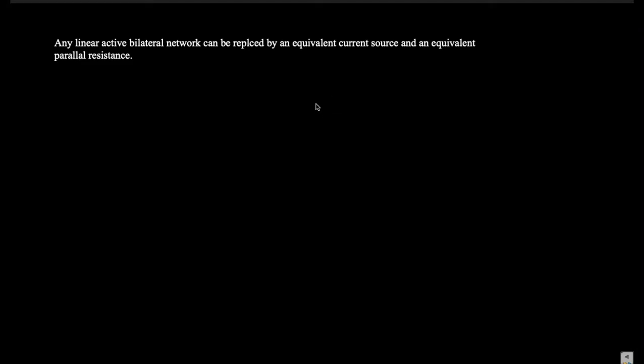Another thing: in the case of Thevenin's, we calculate the RTH, the Thevenin's equivalent resistance. Here we can also find the equivalent resistance for the Norton, denoted by RN. And obviously we should replace the voltage and current sources when we calculate this equivalent resistance, whether it is RN or RTH, whatever it is.